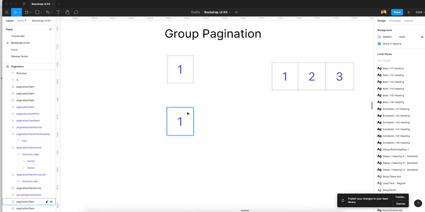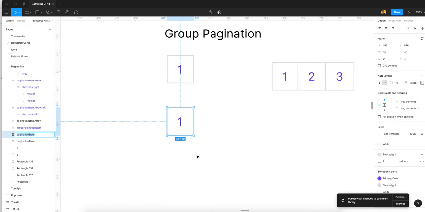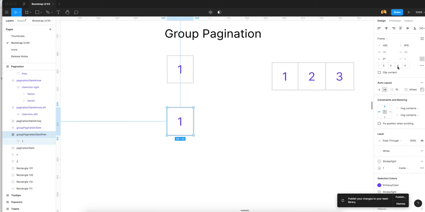Now I will select this and change the name, group pagination item previous, because we have a different layout design, so we have to change its radius. So now I go here and open this radius, and we need left, right, top, and bottom.